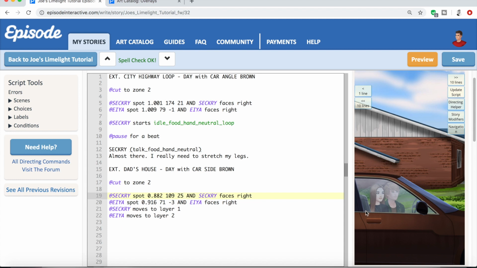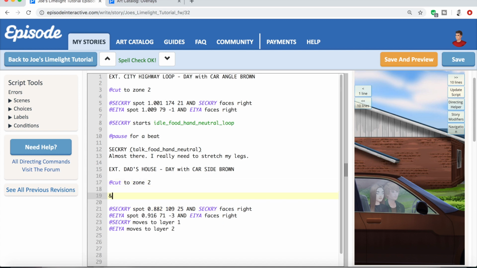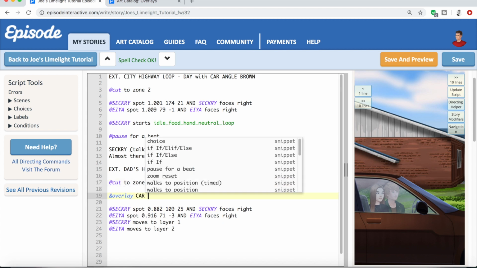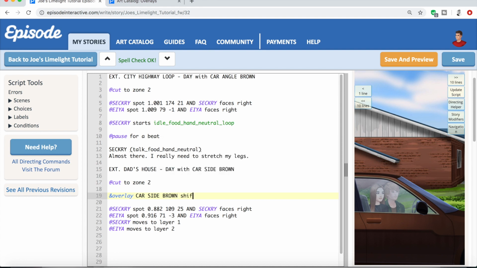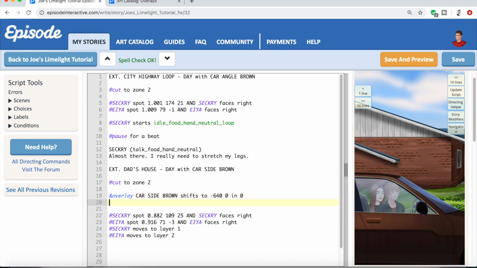So to have our car start just out of shot, we're going to want to have its starting X coordinate be minus 640. We need to write and overlay car side brown shifts to minus 640, which is the X coordinate, then 0, which is the Y coordinate. We don't want it to be moving up or down. And the duration we want this to happen in is 0 because we want this to be the starting position. So in 0. Then we need to go to the next line, do another ampersand,